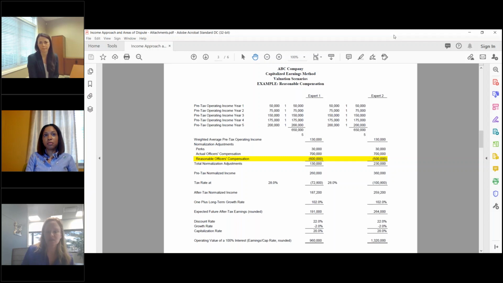So to make this more simple, we are using the same level of income for valuation purposes in both of these examples. The difference you can see is that expert 1 used a higher reasonable compensation than expert 2. So ultimately what that does is reduce the normalized earnings that are subject for capitalization and valuation purposes. You can see that there's now a $100,000 difference on the pre-tax normalized income line because of the difference in the reasonable compensation. And if you flow that through with everything else staying consistent, we are now at a pretty substantial difference